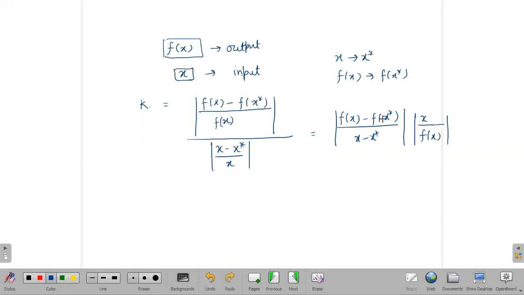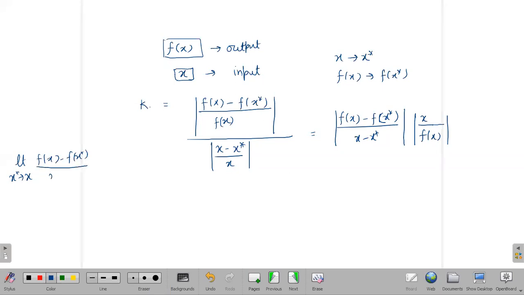Now if you look at this expression, f of x minus f of x star divided by x minus x star, what is it? If I write the derivative here, if I take x star tending to x,